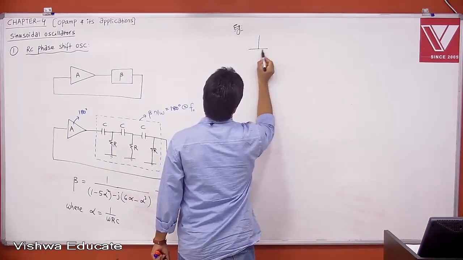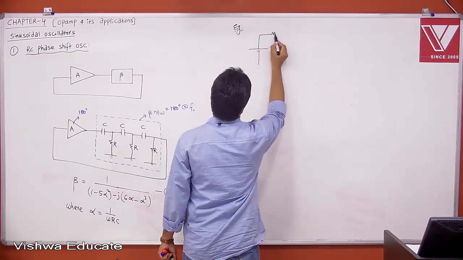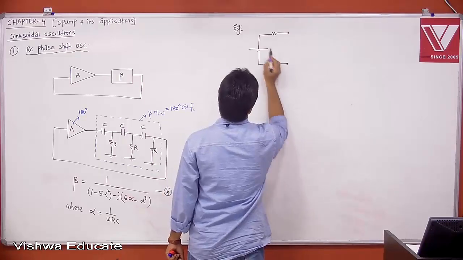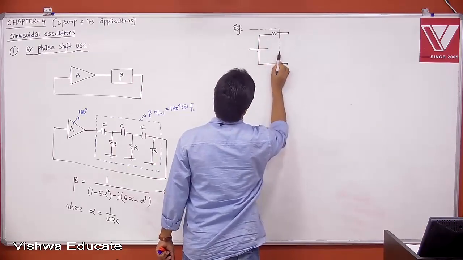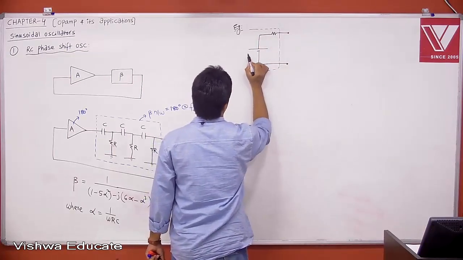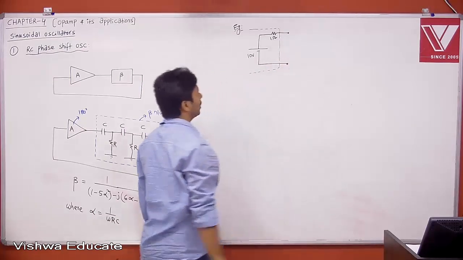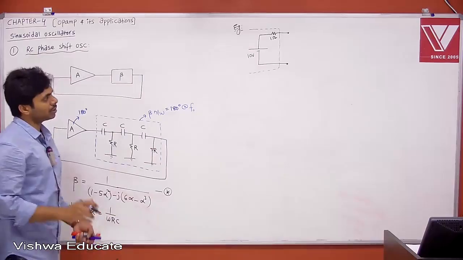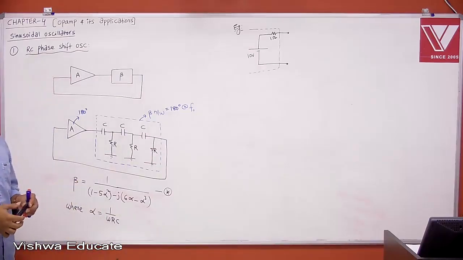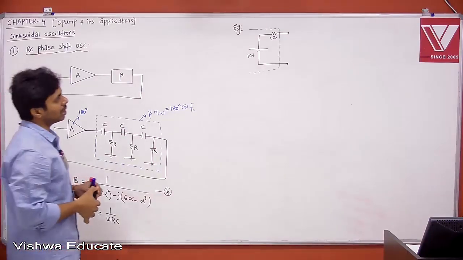There is a network, but you don't know what is inside. Let us say it's kind of a black box. Let us say this is a 10 volt battery and this is 1 ohm. Tell me, what is your terminal voltage? Your terminal voltage is nothing but